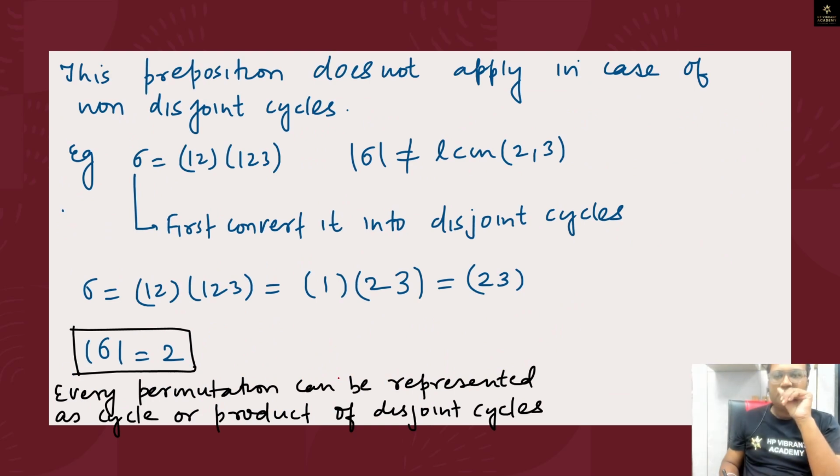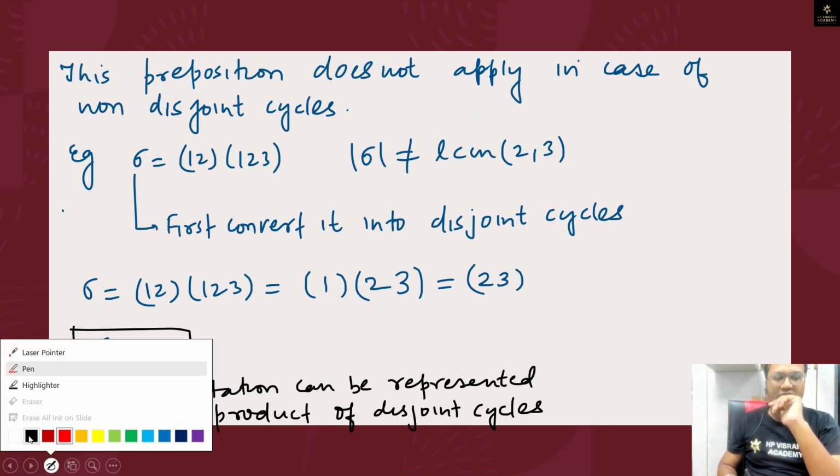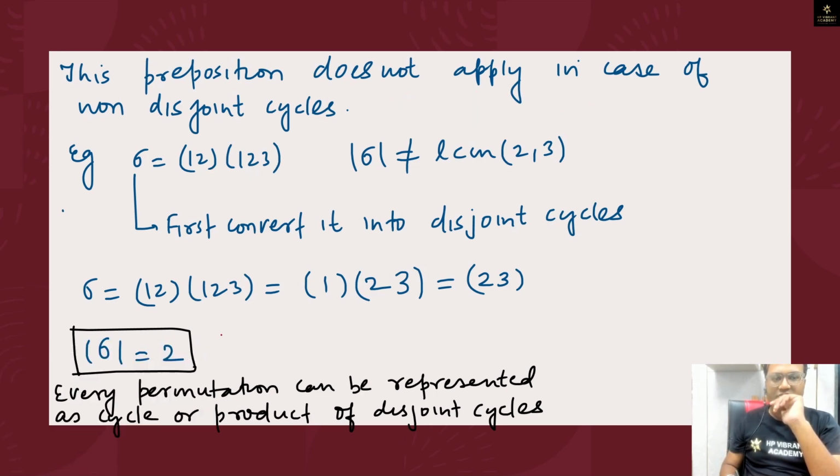द प्रीपोजिशन डज नॉट अप्लाई इन केस ऑफ नॉन डिसजॉइंट साइकिल्स। अगर डिसजॉइंट साइकिल नहीं है, जैसे (1 2) और (1 2 3) डिसजॉइंट साइकिल नहीं है ना, तो ये LCM वाला फंडा अप्लाई नहीं होगा। तो सिग्मा का ऑर्डर ऐसे मत लगा देना, दिस इज नॉट इक्वल टू LCM ऑफ 2 और 3, क्योंकि ये 6 आएगा और सिग्मा का ऑर्डर 6 तो है नहीं। तो पहले इसको डिसजॉइंट साइकिल के फॉर्म में कन्वर्ट करेंगे।